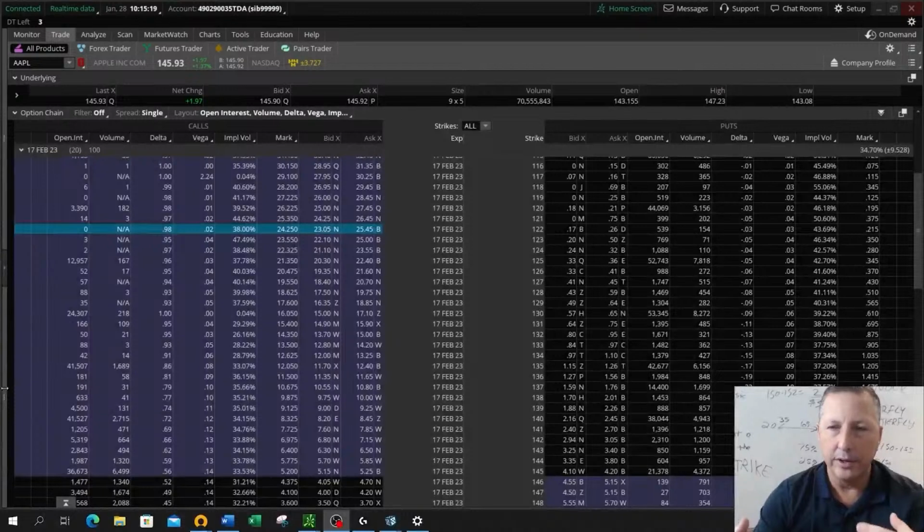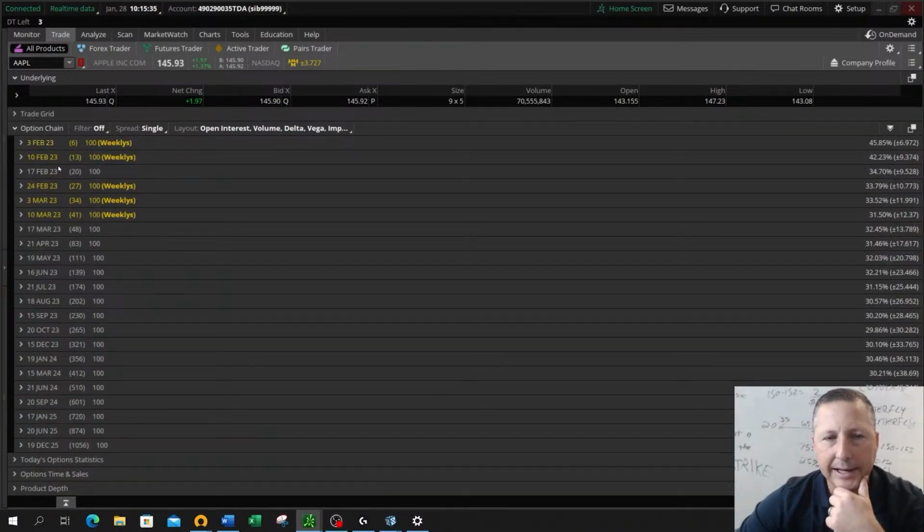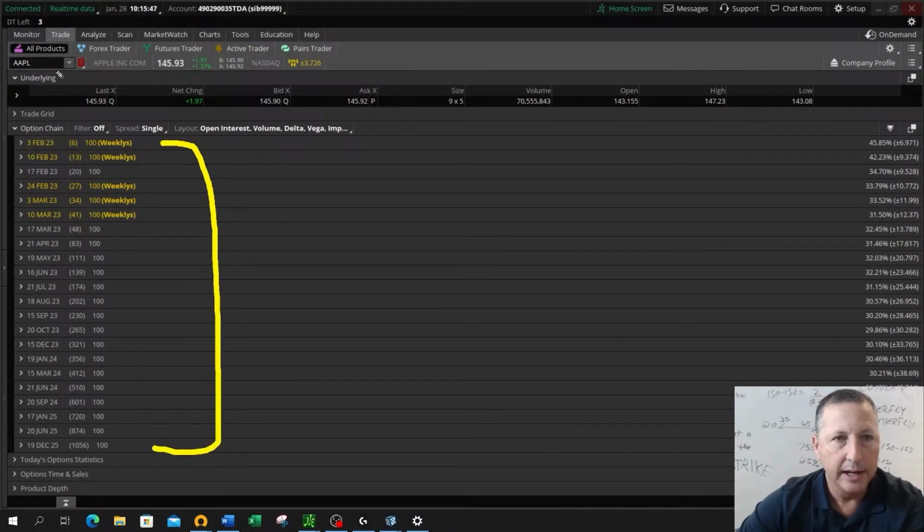So what we're looking at right here is the Thinkorswim platform and the option chain, or the option matrix. Now, we discussed earlier different things that you can see on an option chain. If I click to this screen right here where you just see option chain, you can see what it does is populate all of the expiration dates. So in Apple, we have expiration dates every week, at least for the first 4 to 6 weeks, and then every month going out. And we've got expirations all the way from early February of 2023 all the way out